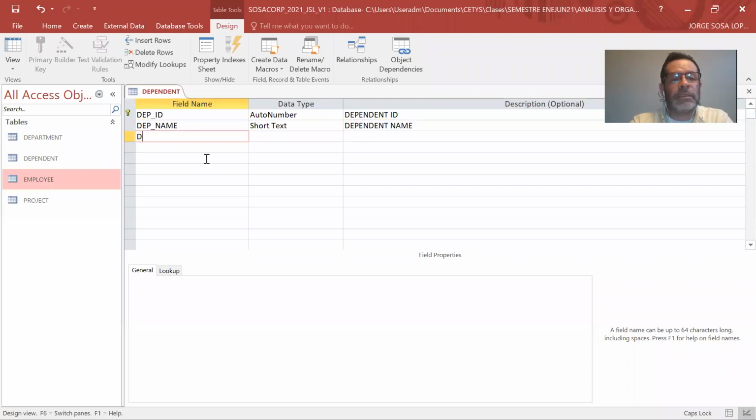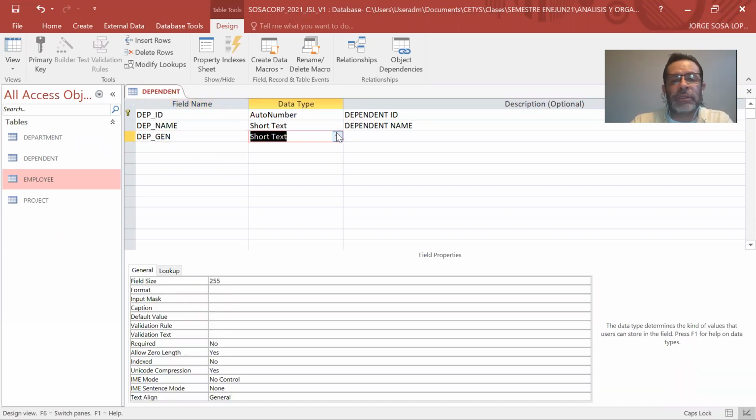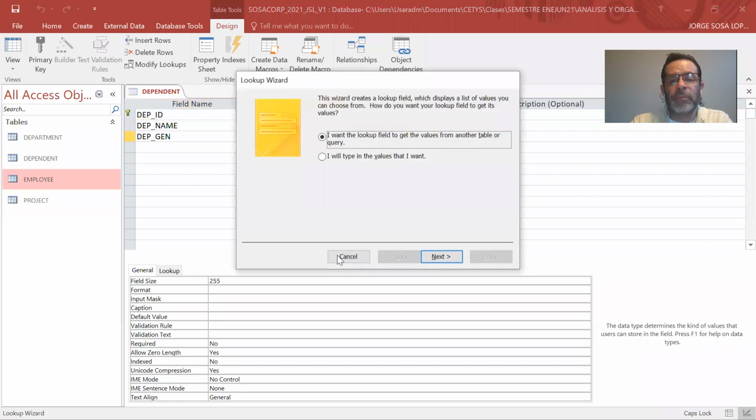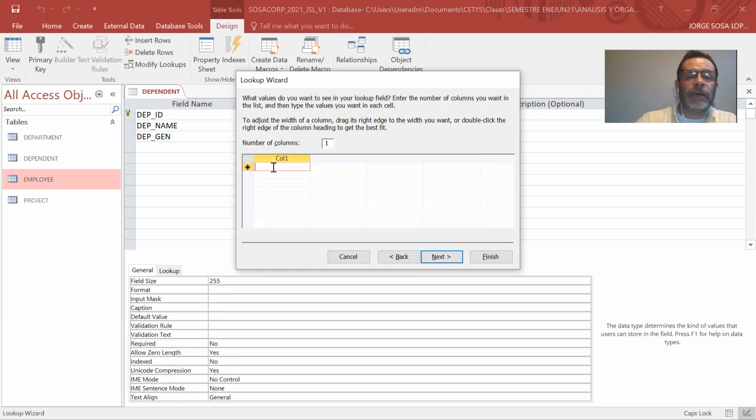Then the dependent gender. We're going to do something similar to the last thing we did. We're going to go over here to the lookup wizard. I want to type the values that I want. I'm going to say that it's male, female, transgender male, transgender female, nonconformant, other, and prefer not to